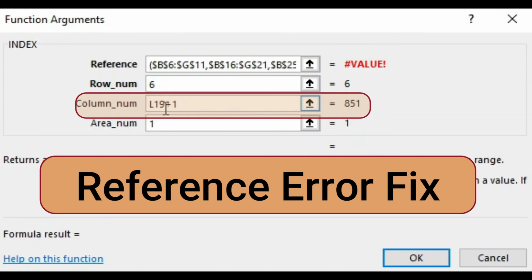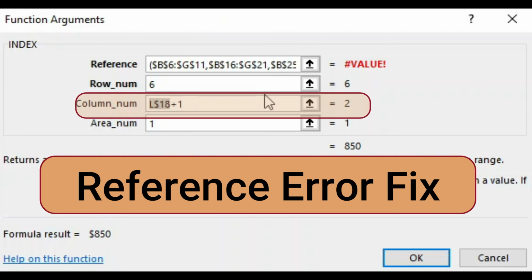What we need to do is turn this back into L18, and we need to press F4 to lock it down. Move my mouse out of the way here. F4 again to lock it to just row 18. And you know it's row 18 because the dollar sign is only in front of the 18 and not in front of the